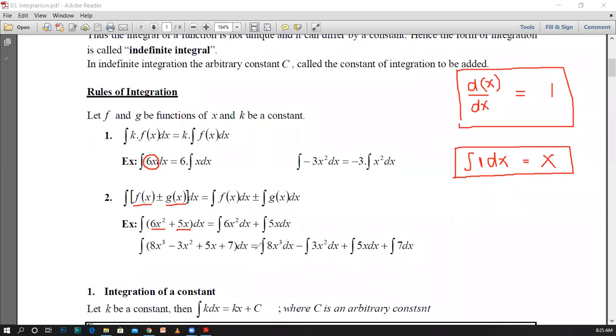Then, since we see the minus sign here, we use the minus sign to connect the first and second terms. For the remaining terms, you use the plus sign, since in the initial problem it is also given as a plus sign. These are the very basic rules that we are going to use, which will be useful in integration.